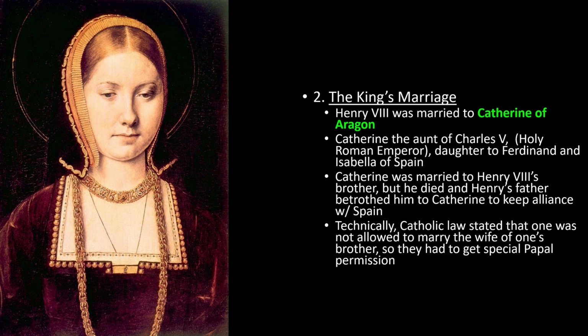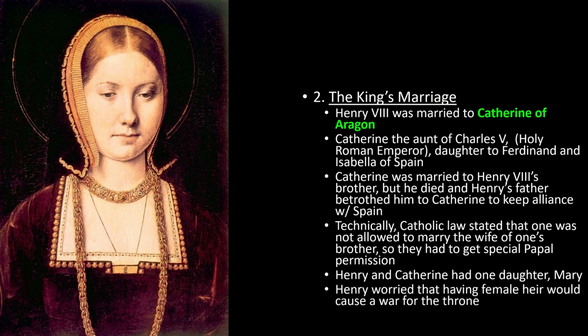All right? Now what's the beef? Well, here's the deal. Henry and Catherine had one daughter, and that daughter's name was Mary. Okay. Now you might say, like, so what? You have a daughter. What's the problem? Well, here's the deal, guys. It's not that a queen couldn't rule over Europe, but there was this attitude that people had that queens don't make very good rulers, and queens probably shouldn't be ruling over men. So one of the things that's bothering Henry is that if he dies, or when he dies, his heir is going to be a daughter.